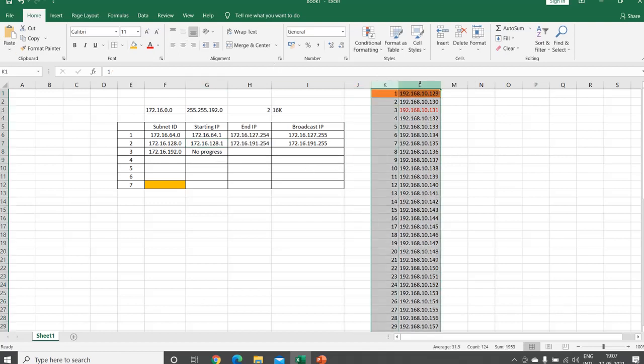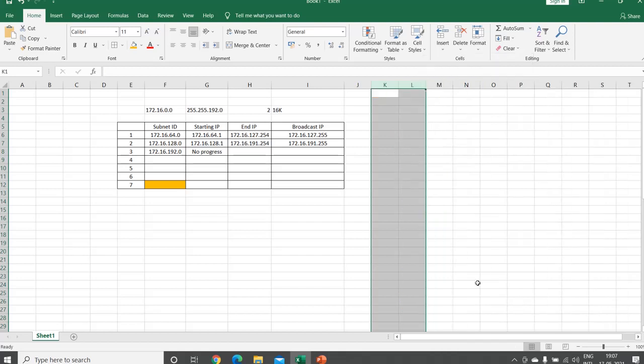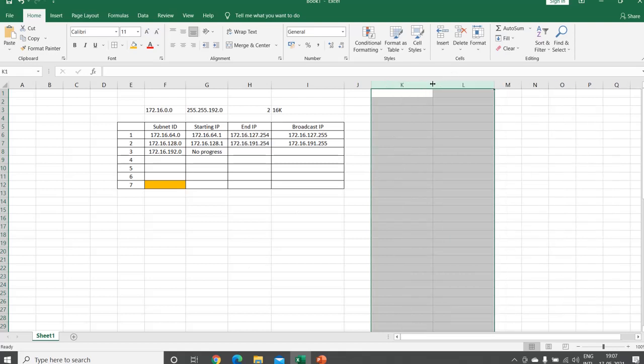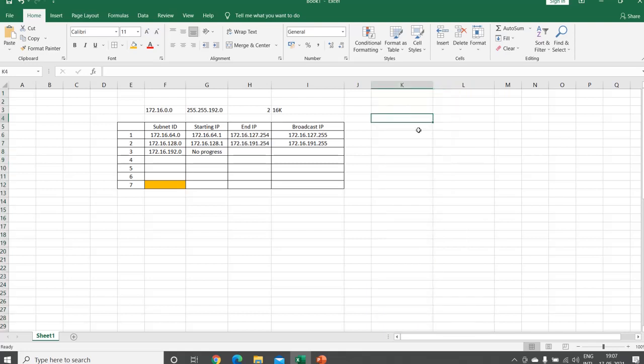But in actual, we have to understand how many networks are made, right? So I'll take you through a further step, because we have to understand clearly how the networks are being formed with the given IP address. You know, one network will have 256 IPs, and we can have a maximum of 254 systems to be used. So in the case of this class B, I'm starting with 172.16.64.1. So the next IP would be 172.16.64.2. Likewise, I'll keep on going till what?